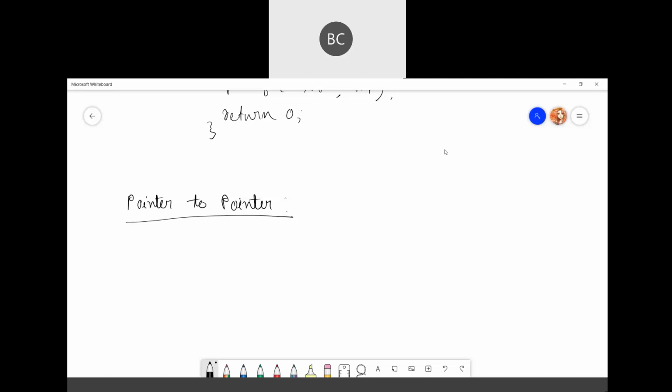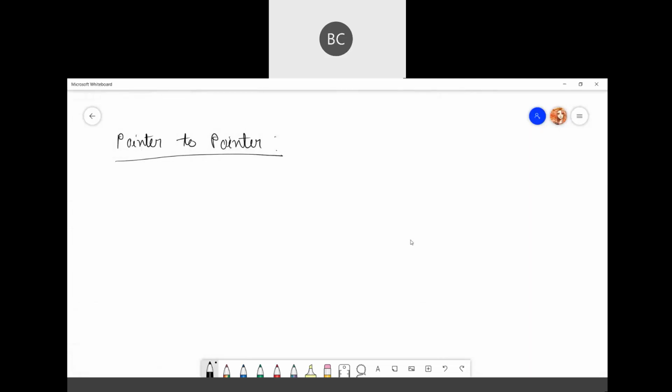So any guesses what a pointer to pointer is, from the name? What does a normal pointer do?